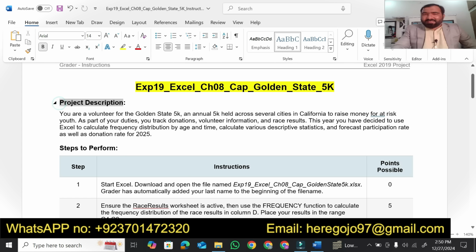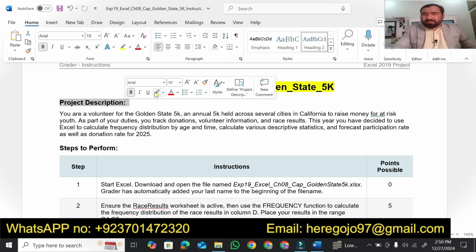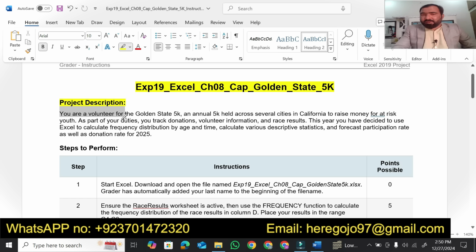Here is the project description, what we have to do in our project. You are a volunteer for a Golden State 5K, an annual 5K held across several cities in California to raise money for at-risk youth. As a part of your duties, you track donations, volunteer information, and race results.